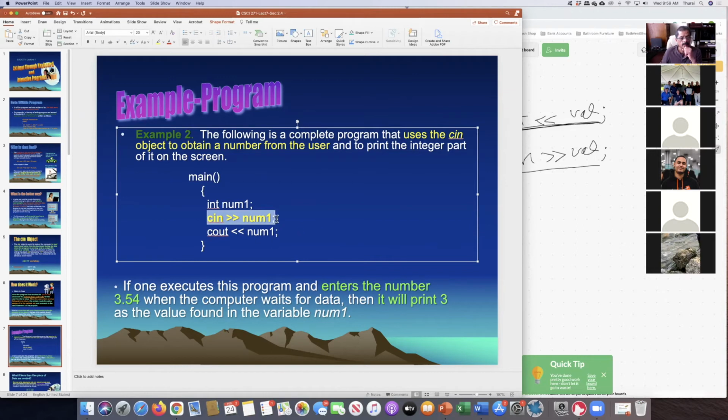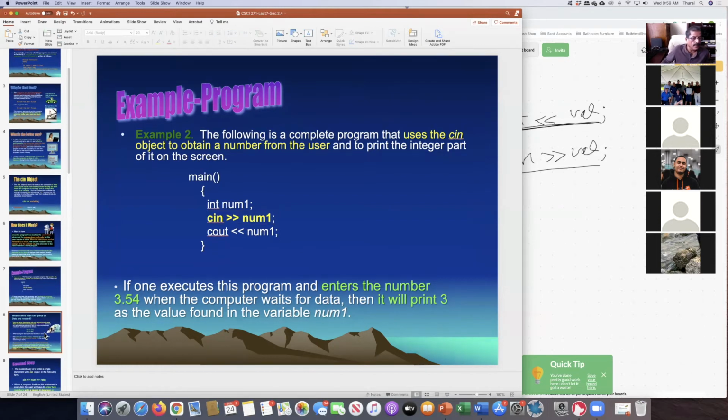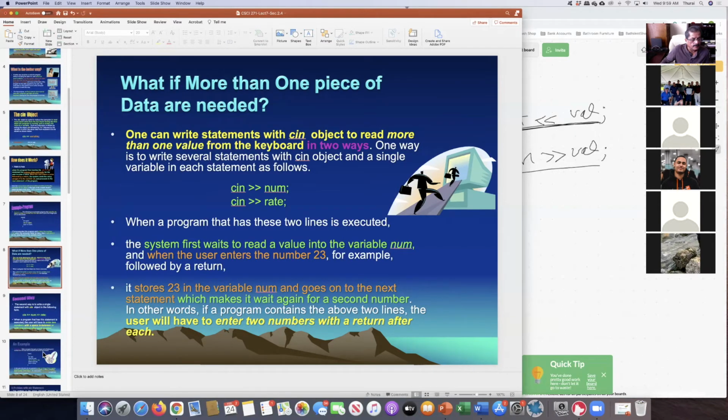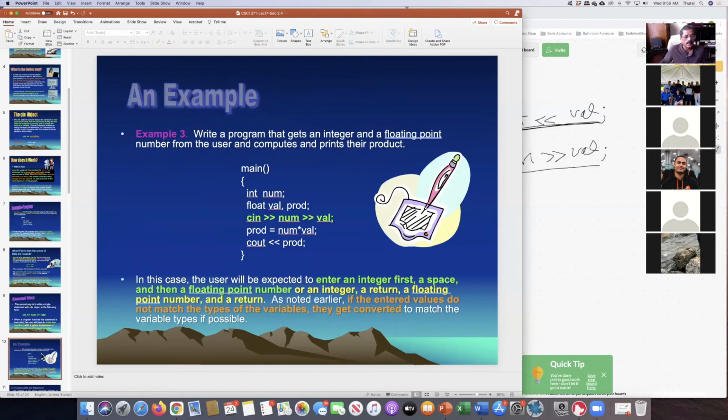So this is clearly a problem. When the program runs, it is going to wait for the user to enter a number, but the user doesn't know that. So there must be some way we can let the user know. Otherwise, it's not going to work. So is there a way? Yes, we can actually, let me go to that part. We can actually make it,